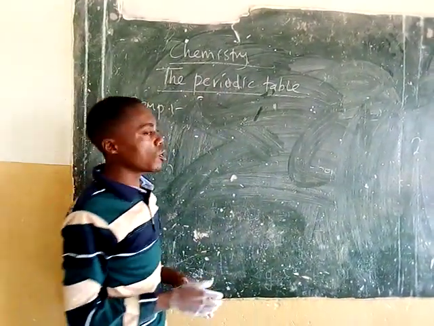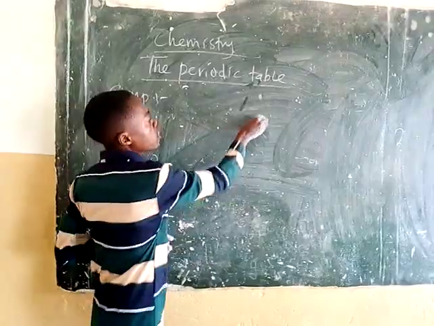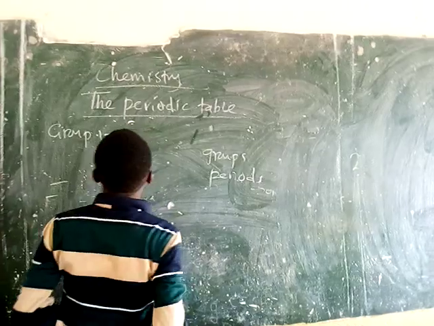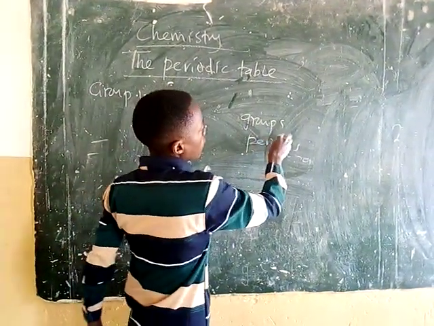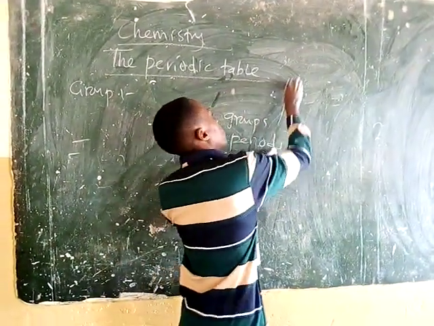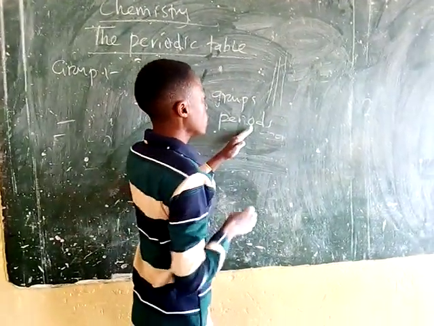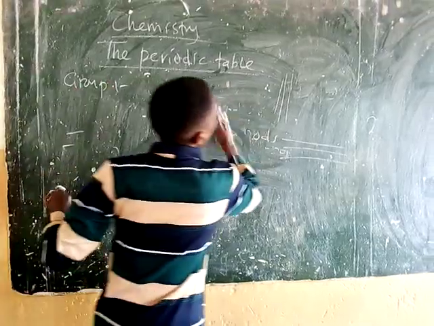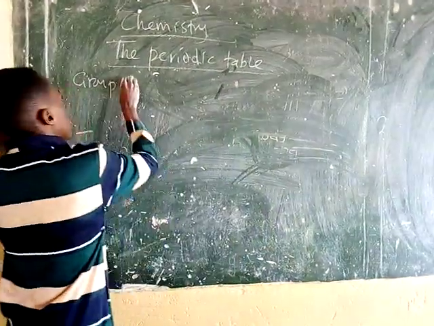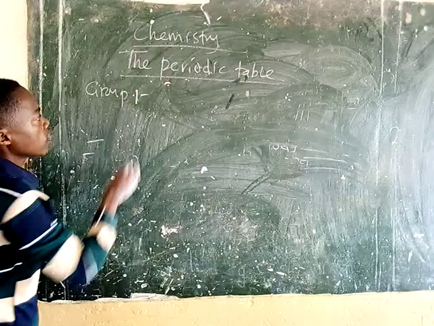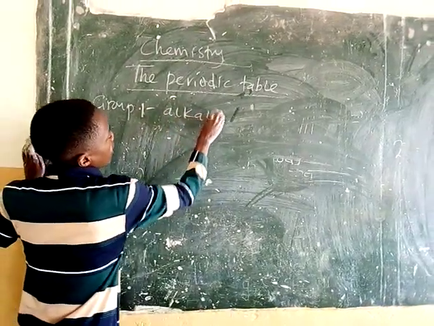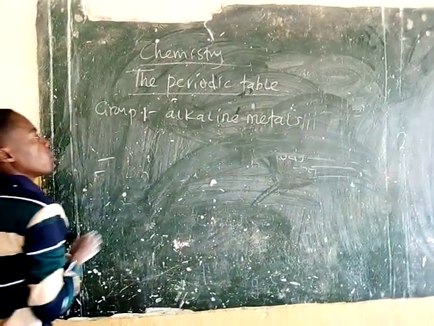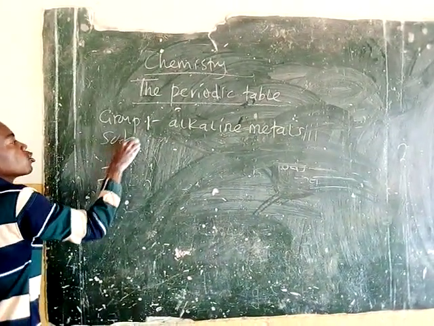So the periodic table is divided into groups and periods. Groups are the vertical arrangement of elements. Periods are the horizontal arrangement of elements. So now, let's look at group 1 elements. Group 1 elements are also known as the alkaline metals. That's the other name for group 1 elements. Examples of group 1 elements are sodium,